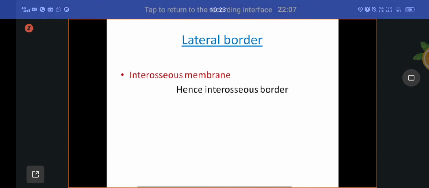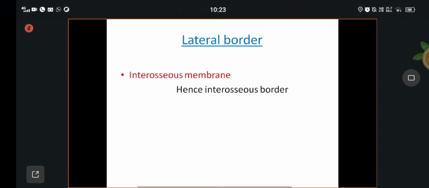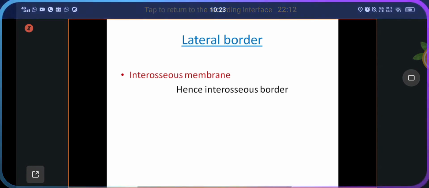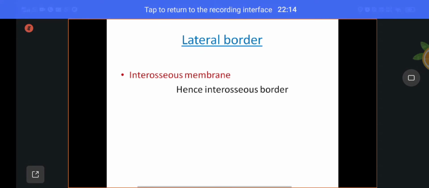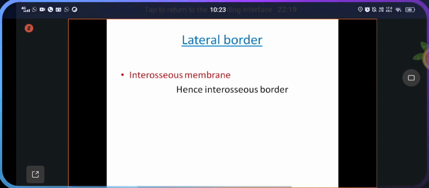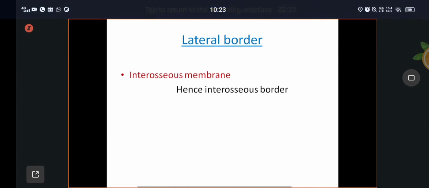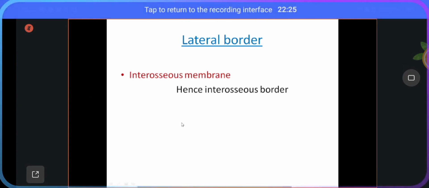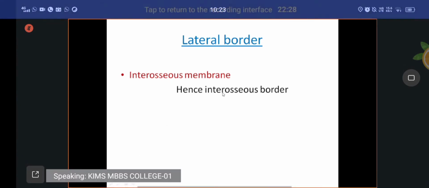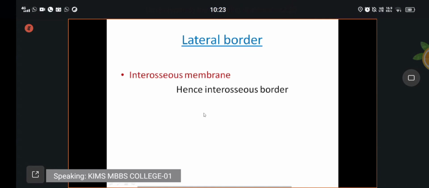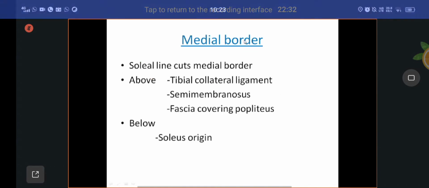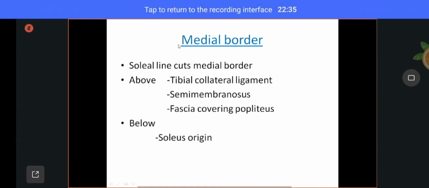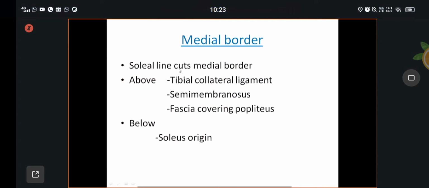I told you the lateral border gives attachment to the interosseous membrane, and it forms a joint called the middle tibiofibular joint. The lateral border articulates with the medial border of the fibula through the interosseous membrane. Because it is a fibrous tissue, it is named the middle tibiofibular joint. It is an interosseous type of fibrous joint, hence the lateral border is called the interosseous border. The medial border,